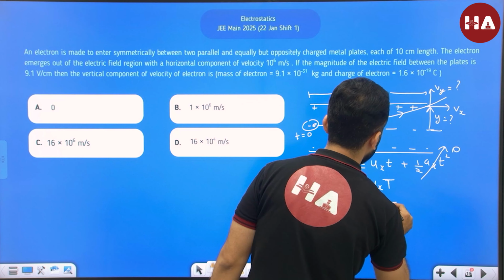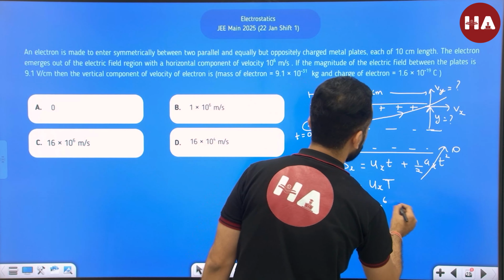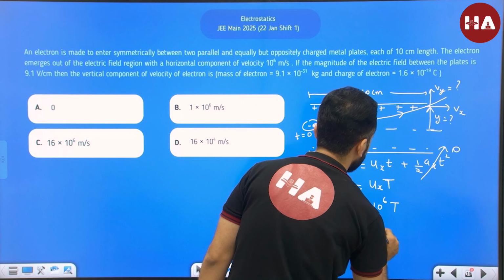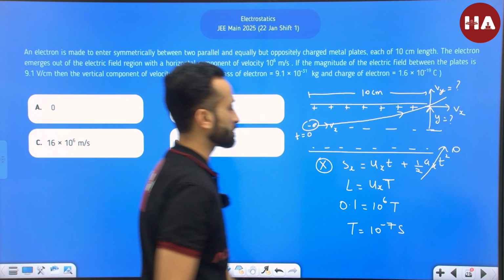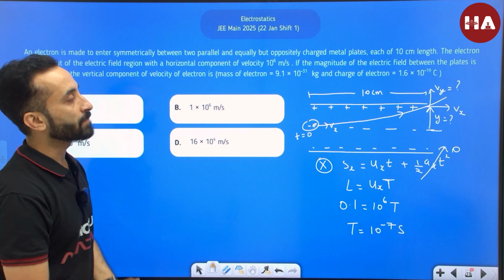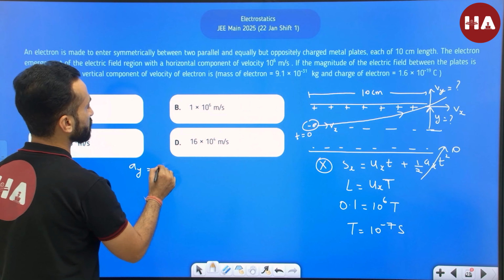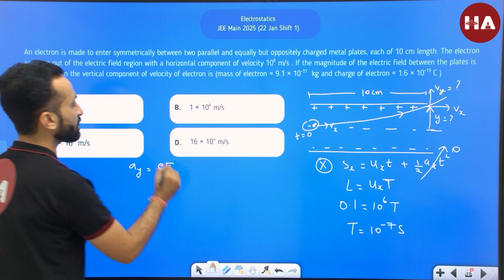So the time that it's going to spend between the plates, right, students? The time that it's going to spend is going to be 10 raised to the power minus 7 seconds. So 0.1 divided by 10 raised to the power 6 is going to be 10 raised to the power minus 7 seconds. Okay, now let's calculate the acceleration in the y direction, and that's going to be qE by